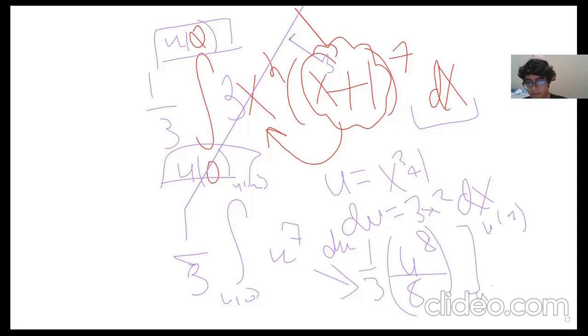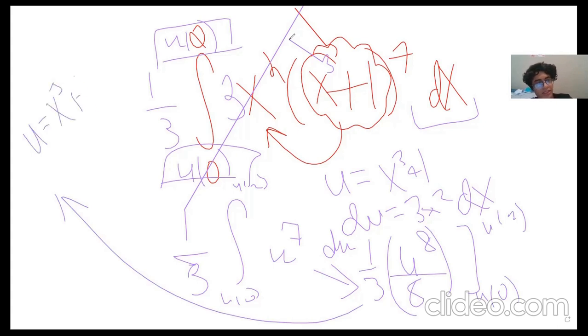And then you say, okay, now that the integral is done, let me switch back into terms of x, and then you just plug back in u equals x cubed plus 1, and your bounds go back to being just 2, just 0, and that's how you do u sub, as a reminder. Now, spicy u sub is actually what one of my teachers called it,